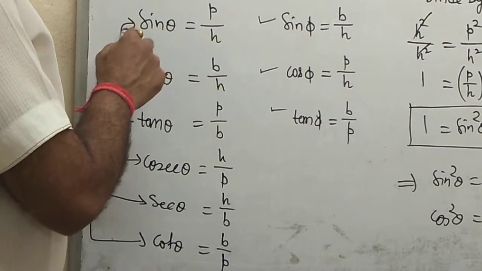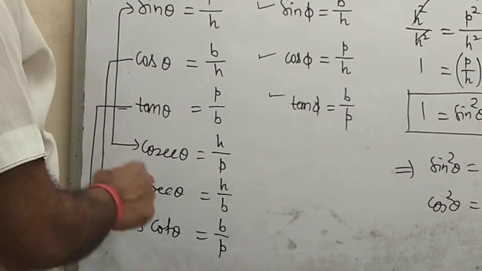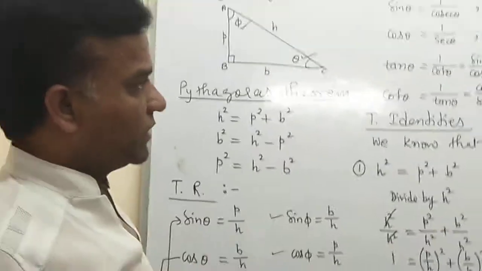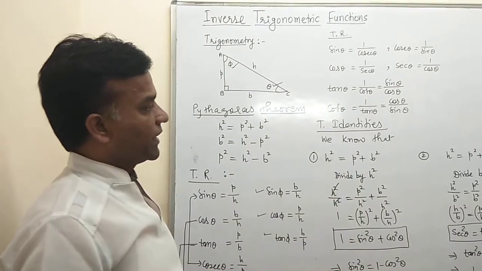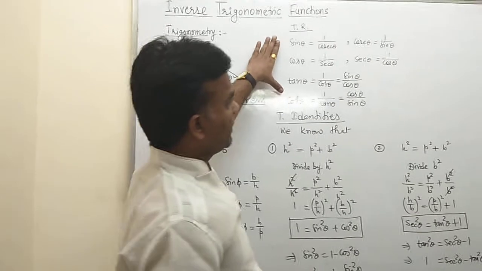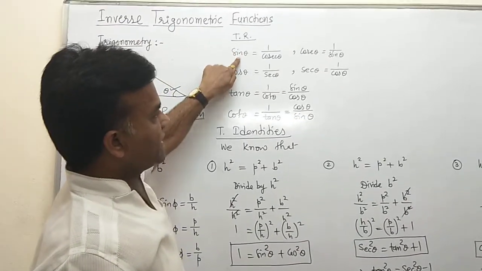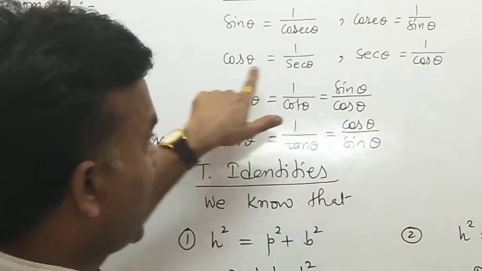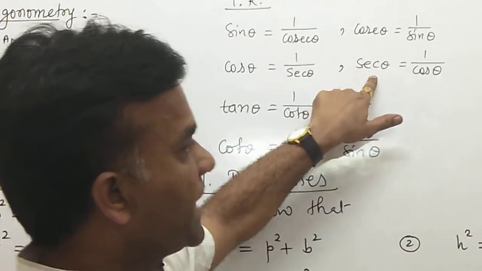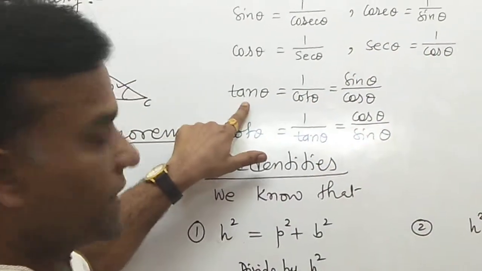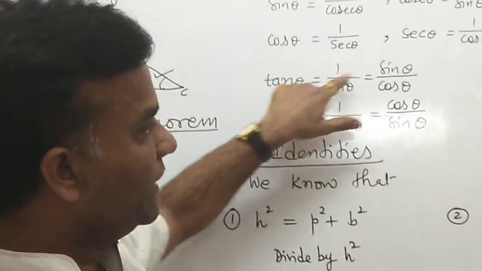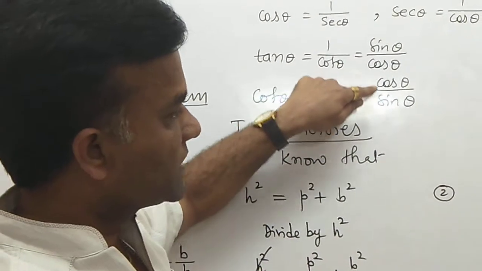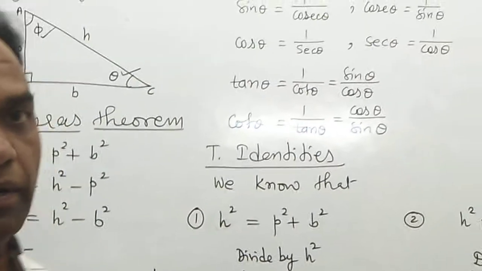Similarly, we know that the reciprocal of sin theta is cosec theta, the reciprocal of cos theta is sec theta, and the reciprocal of tan theta is cot theta. This is the very basic concept, but here we revise it only for studying inverse trigonometrical functions. And then we know some trigonometrical formulas: sin theta equals 1 by cosec theta, cosec theta equals 1 by sin theta, cos theta equals 1 by sec theta, and sec theta equals 1 by cos theta. Similarly tan theta equals sin by cos, cot theta is 1 by tan and cos theta by sin theta. So these are the basic formulas related to trigonometry.